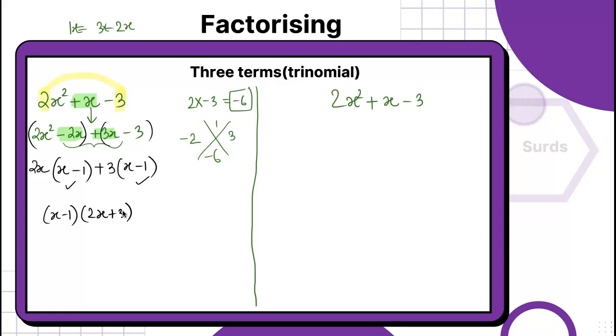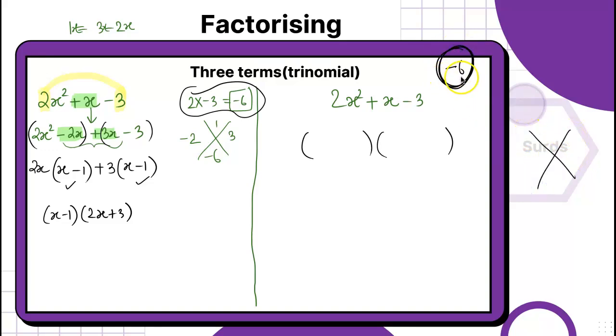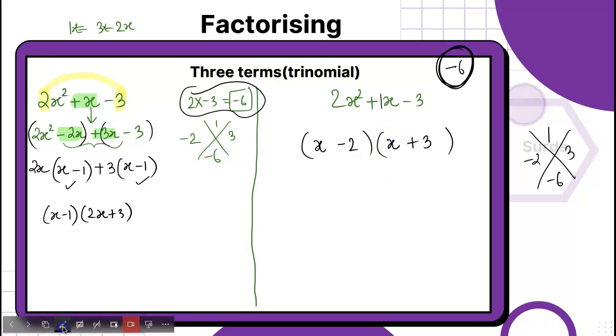Now, as I was talking about the shortcut, what we're going to do, we know that we will be having two brackets, 2 times minus 3. The first step we have to follow in both the cases, it gives us minus 6. Now you have to think of what multiplies to give you minus 6 and adds to give you 1. So 1 and minus 6. We came to know minus 2 and 3. We're going to be writing here x minus 2 and x plus 3. Right? We have written this.